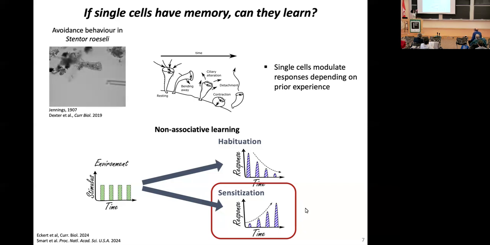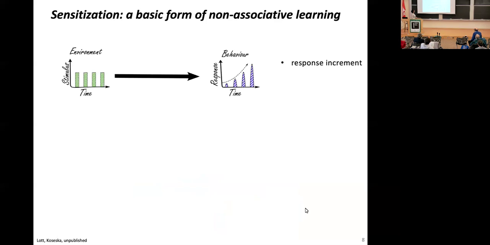So we thought, okay, we take our single cell network, or the epithelial cells that we work with, and let's see whether they have these basic forms of non-associative learning. And I'll show you the example of sensitization, but we have also looked at habituation. So as I mentioned, sensitization has